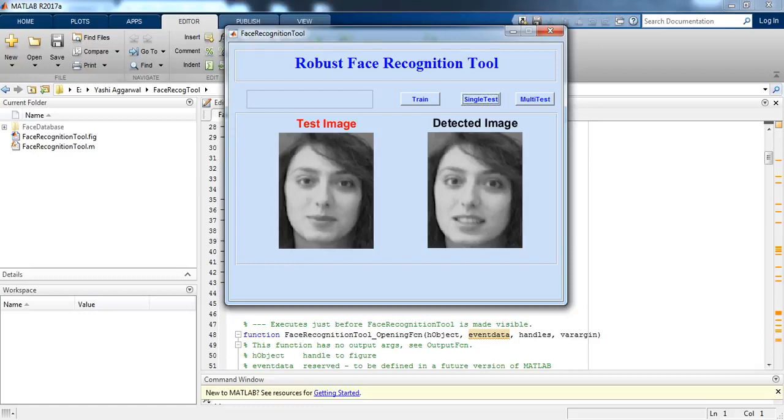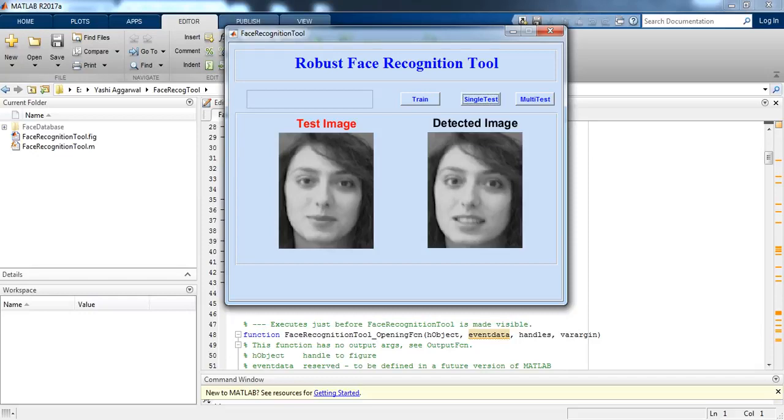I have uploaded a face database in which I have included two folders named test data and train data. In train data I have uploaded some images of some specific people, and in the test data as well I have uploaded images of the same persons, but at a different angle. So we are checking whether it is detecting the same person or not. So here it is detecting.